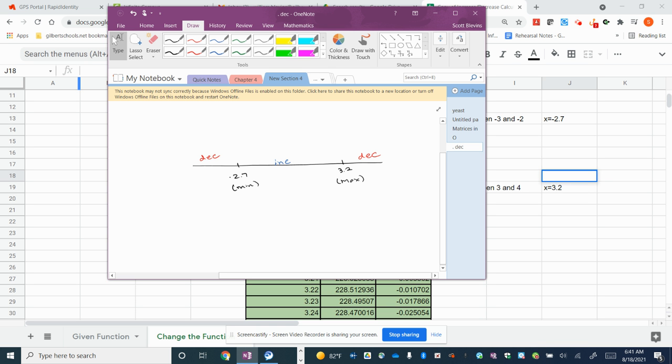So here, the first part of the question asks for the open interval where the function is increasing. We would just describe that as from -2.7 up to 3.2. Okay? And then we are asked for the open interval where the function is decreasing. And here we see that we have two answers where it's decreasing. This side over here we would represent as -infinity up